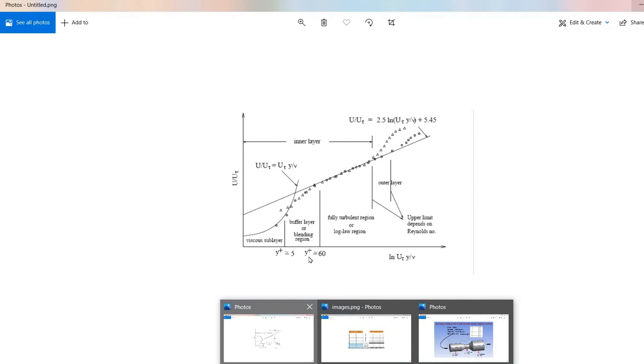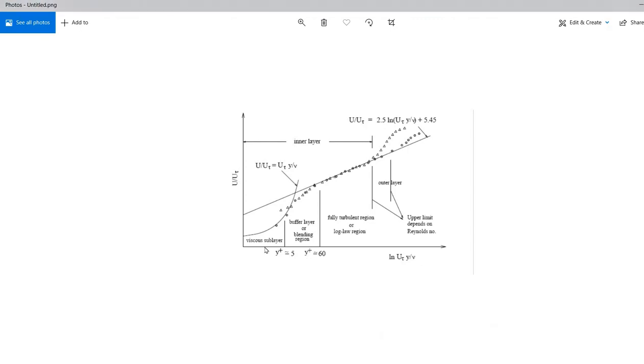I will open this image. You can see in the case of turbulent flow, there is a viscous sublayer, buffer layer, and then a fully turbulent region. If you are completely resolving the area near the wall, up to the wall, we have to give very fine meshing, and the cells should be placed inside the viscous sublayer.